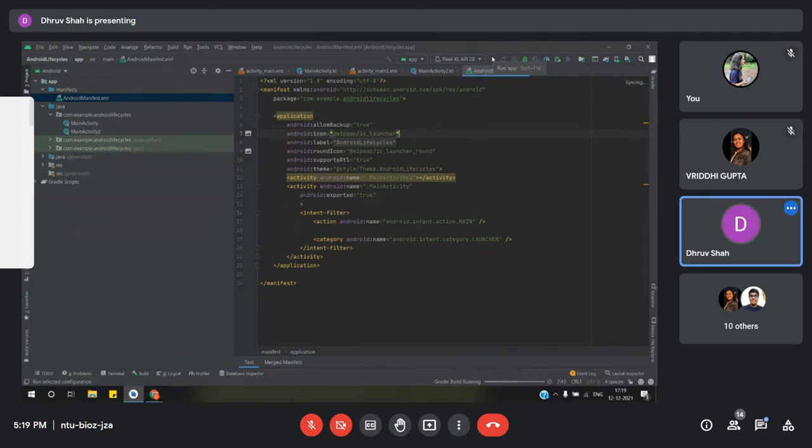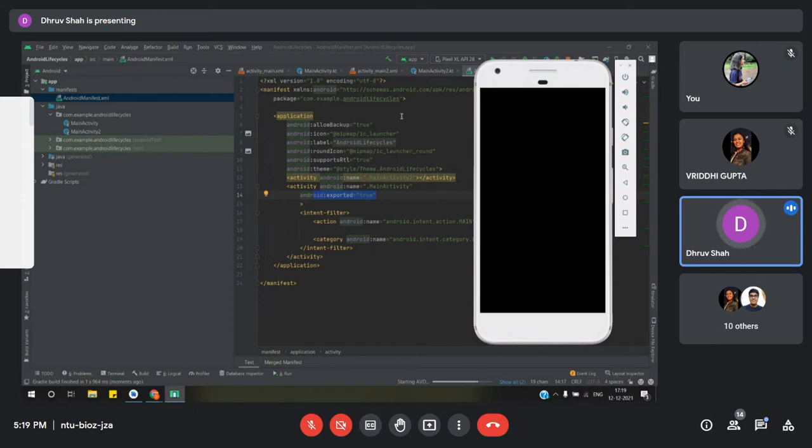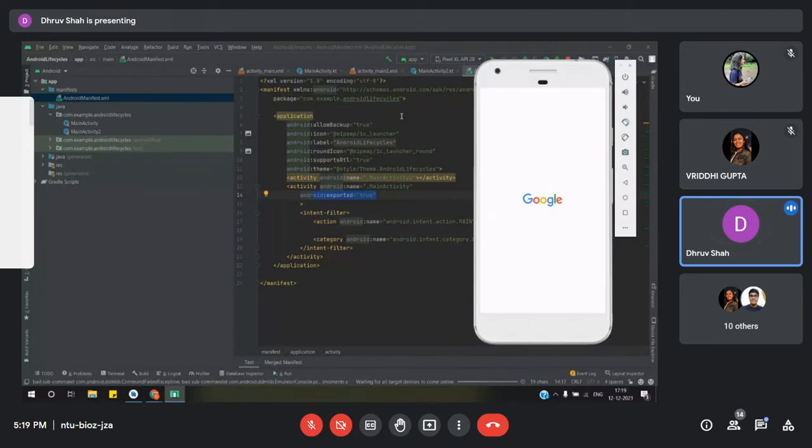Yeah, sure. In the latest version of Android Studio right now, you need to assign an exported property. Otherwise, the activity won't run. I'll show that once again. It is basically for the broadcast intents. In case your app is using broadcast intents, you need to assign this property. This was introduced in the latest Android 12 version. I don't think the previous versions of Android Studio have that.